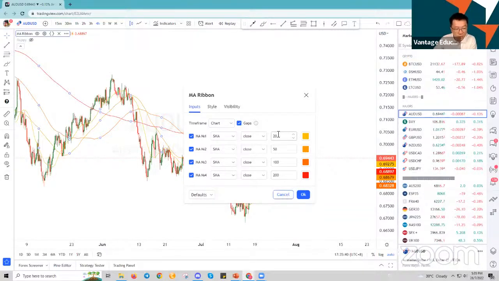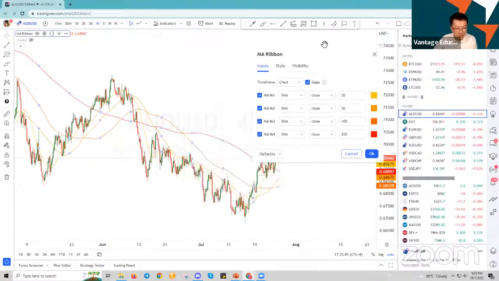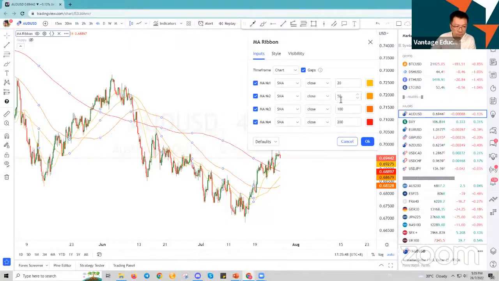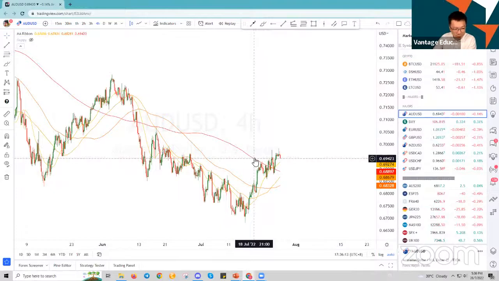We do, in this case, also consider in the shorter term that 20, it's going to be more volatile. It's going to move around a lot more. And also the 100 SMA, where it considers a little bit more of a smoother direction or a smoother move compared to in between that 50 and that 200, right? So just remember the colors there: yellow for 20, orange for 50, slightly darker orange for 100, and red for 200. In this case, you can see that's the 200, that's the 100, that's the 50, and that's the